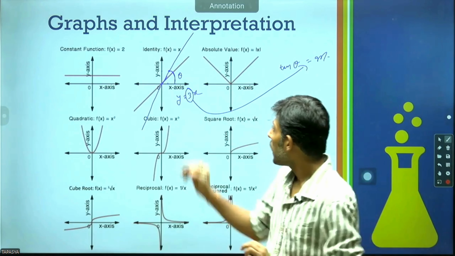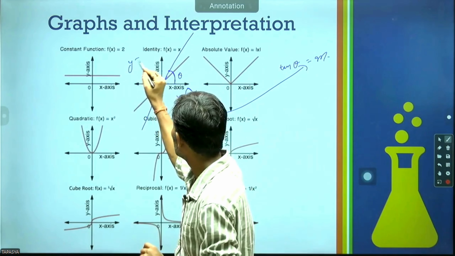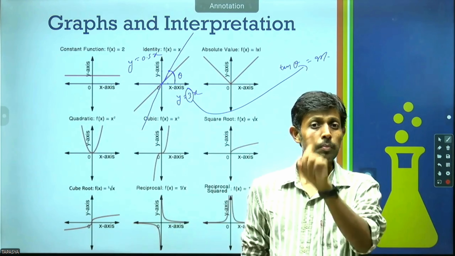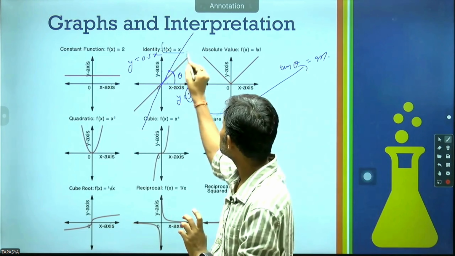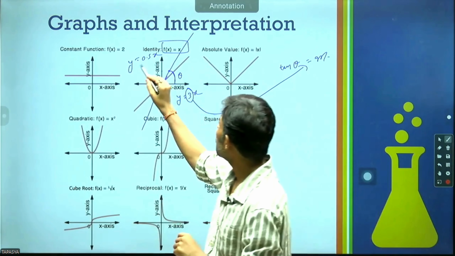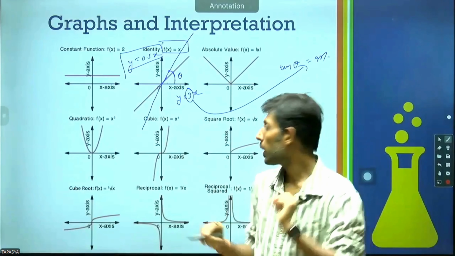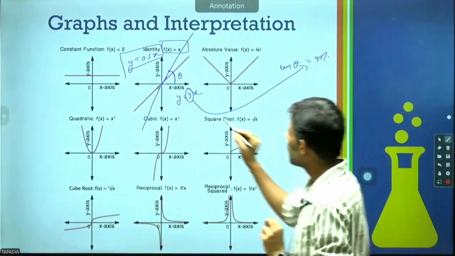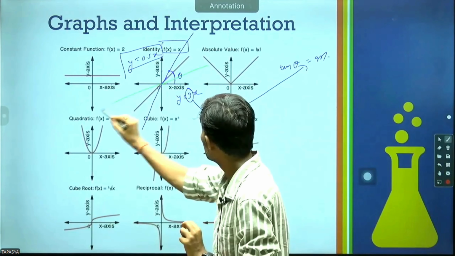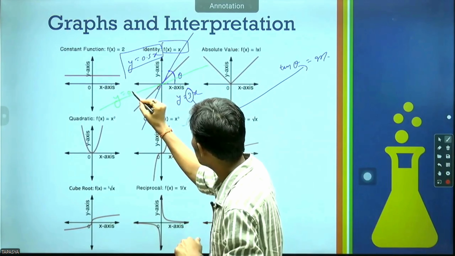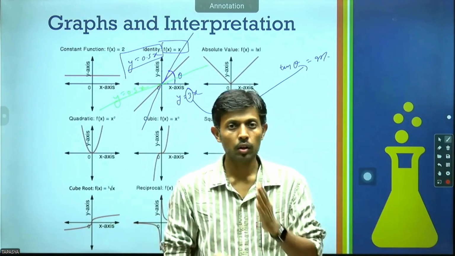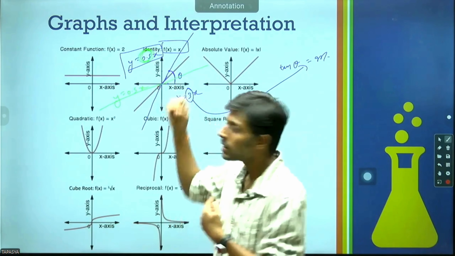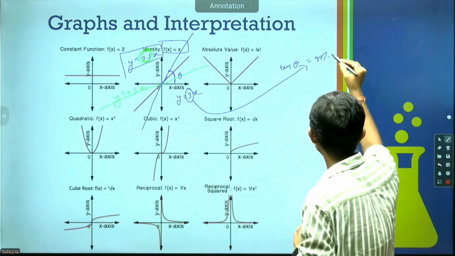If I have to plot something like y equal to 0.5x, now the slope is smaller than 1. For y equal to x, the slope was 1. For y equal to 0.5x, the slope is smaller than 1. So this will be represented like this. This would be your y equal to 0.5x, and so on. If you change this number, the slope is getting changed. This m is the slope